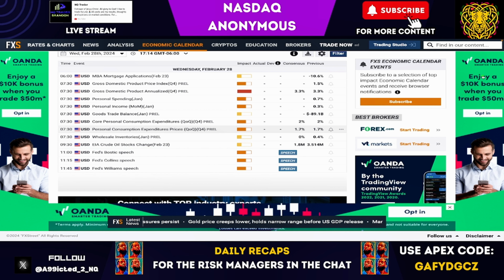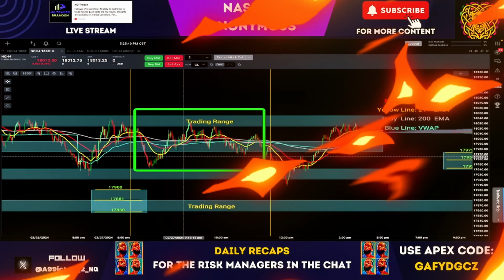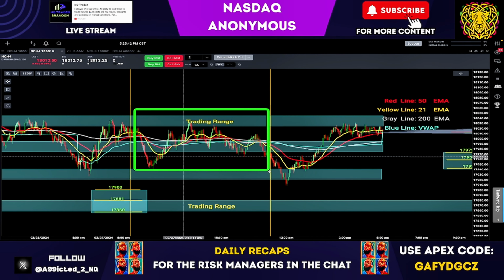Now, it's never recommended to trade during major news releases, but if you choose to trade during these volatile times, then understand you're playing a game of chance with your trading account. Now that we know what to expect, let's jump into the charts and create a game plan for tomorrow's price action. This is the block of price action that we traded on today's stream.